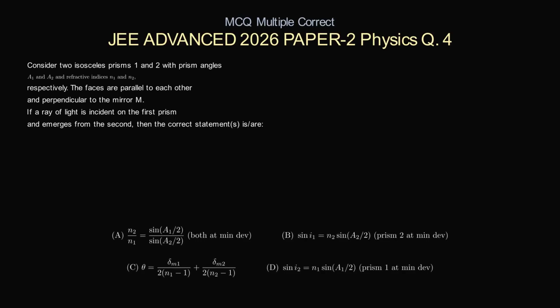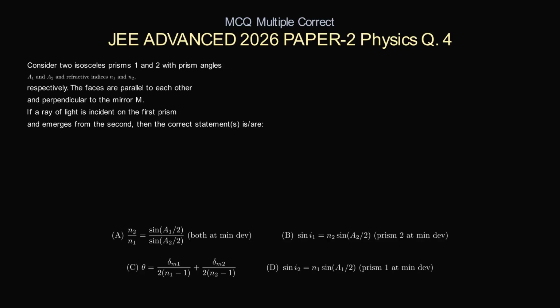Consider two isosceles prisms 1 and 2 with prism angles A1 and A2 and refractive indices N1 and N2, respectively. The faces are parallel to each other and perpendicular to the mirror M. If a ray of light is incident on the first prism and emerges from the second, then the correct statements